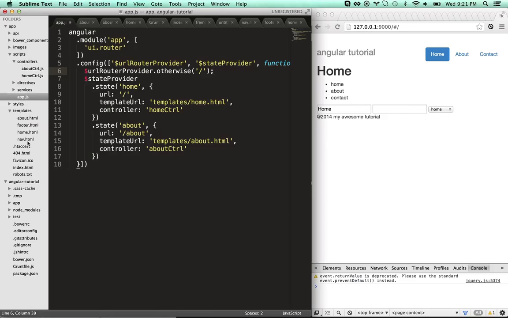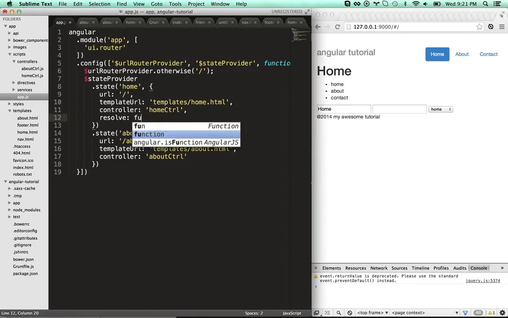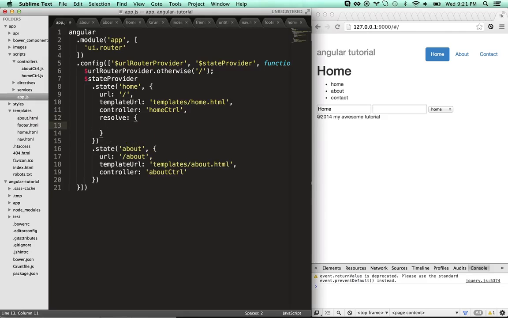I'm going to go to my app. One thing that's great, let's say home has a dependency of, it needs to hit a service and load up my friends list before it sends me to home. Then we can do a resolve and pass in an array, and each item in this resolve object is going to represent a service call or something that has to happen before it proceeds and loads the controller and the template. So we're going to resolve friends,